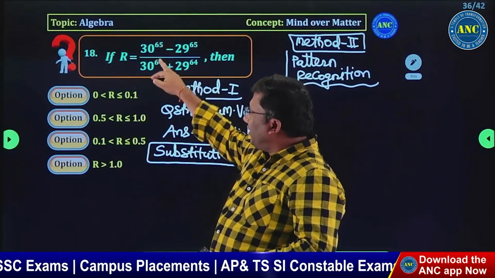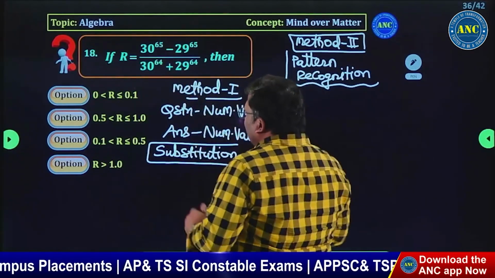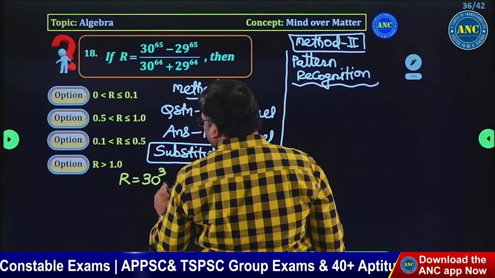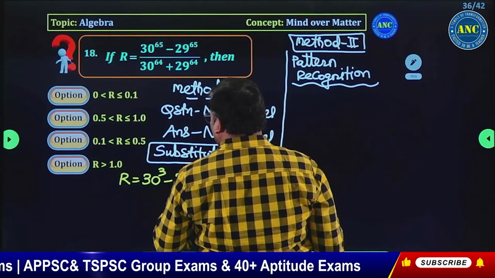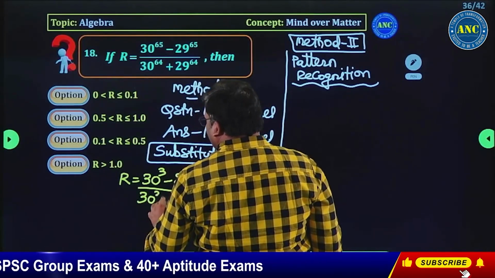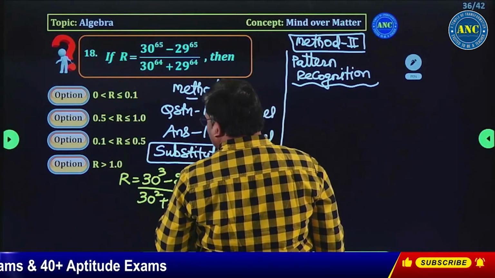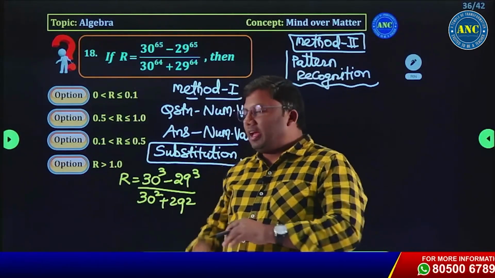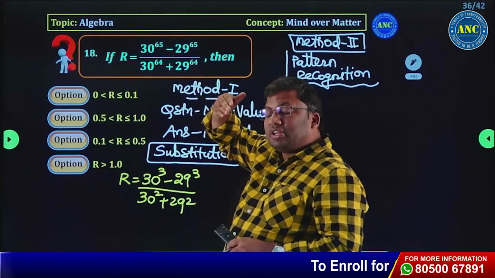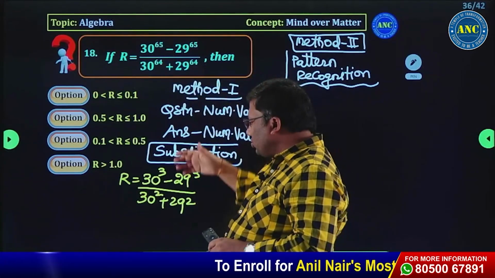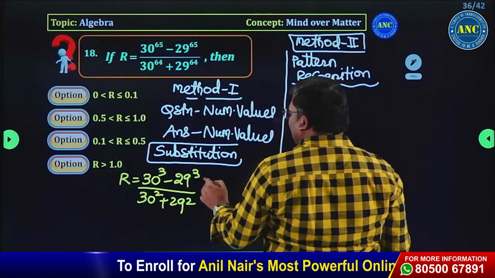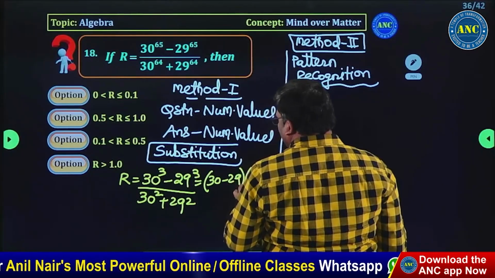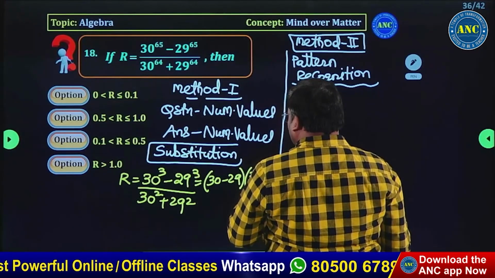Here it is 65, here it is 64. So the denominator power is 1 less than the numerator power. 30 cube minus 29 cube divided by 30 square plus 29 square. I am just doing this with smaller values, n equivalent to 3, instead of 65. 64 is 1 less than 65, so it is 2. A cube minus b cube is a minus b into a square plus b square plus a into b,